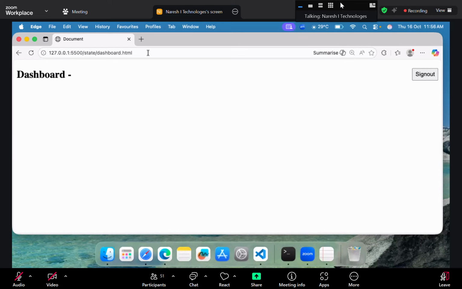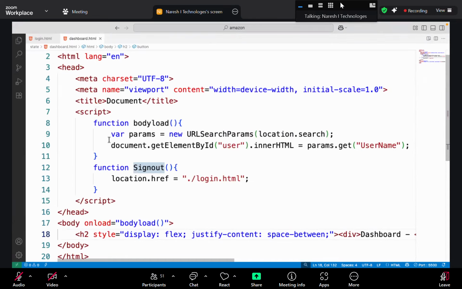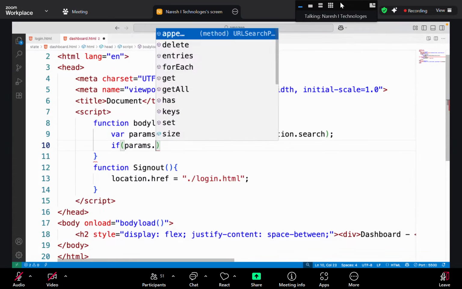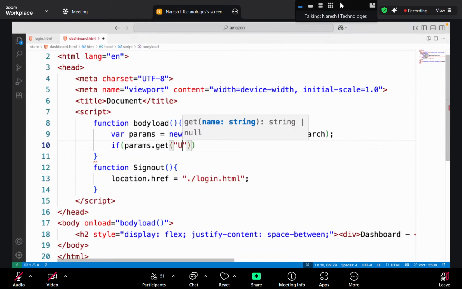How can you open the dashboard? If user is there, open. If user is signed in, open. Directly, don't allow. If anybody directly tries to open without login, then we have to go back to login. How? Simple. In body load here, we have to write one logic. What is the logic? If params.get,